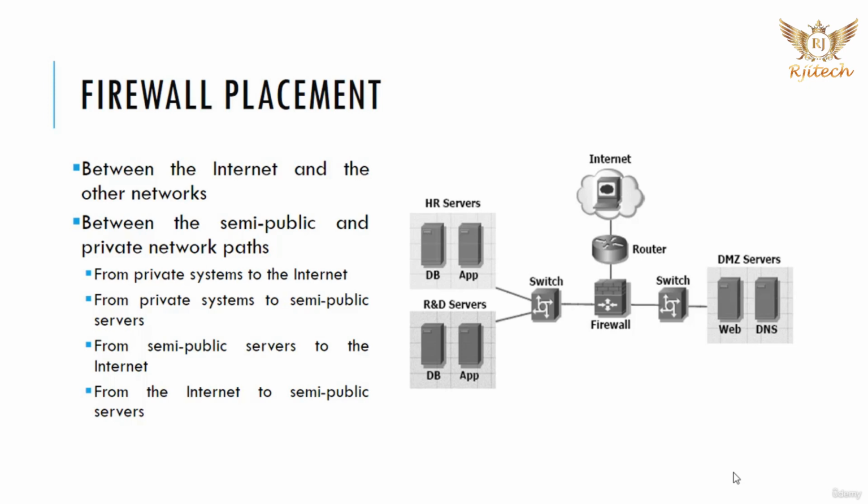Let's have a look here at the placement of the firewall. The firewall here is placed to protect the sections of the network from each other. It is placed between the internal and the other networks. Let's remember that the internal is the section at the left. The other networks are the section up like the internet and the section right like the DMZ servers. So it is placed between the semi-public, which is the DMZ zone, and the private network, which is the HR